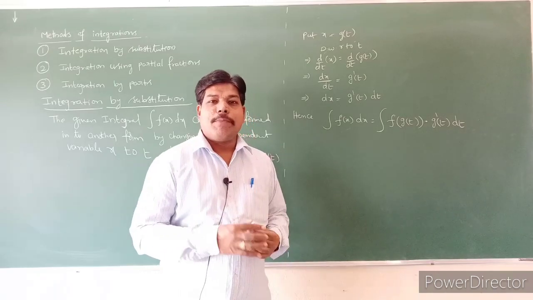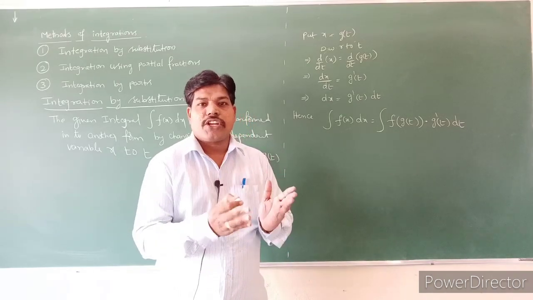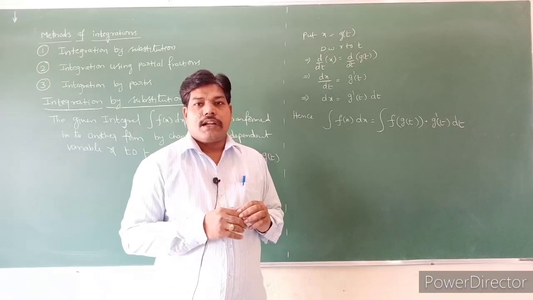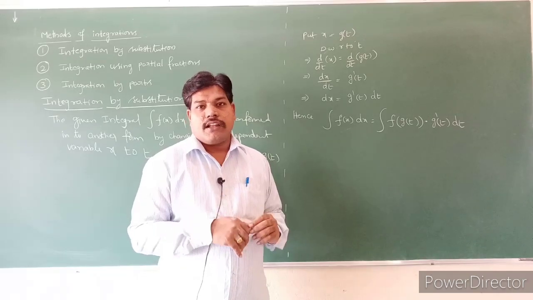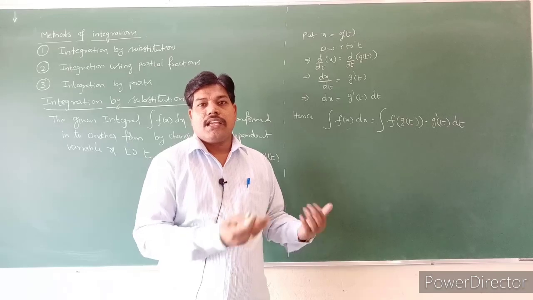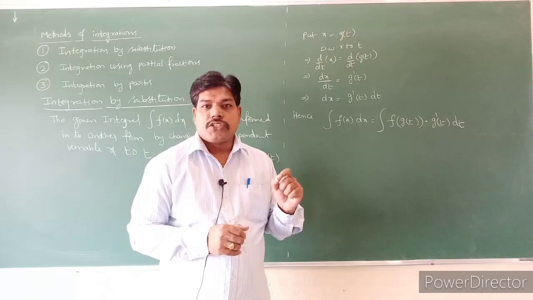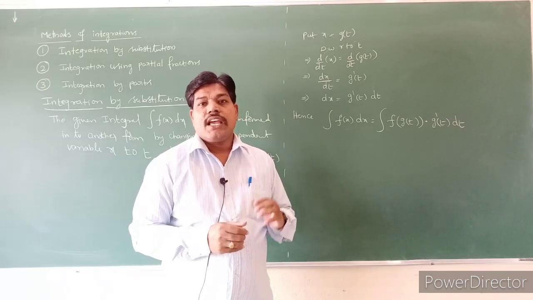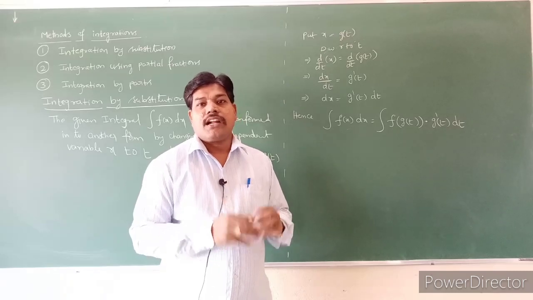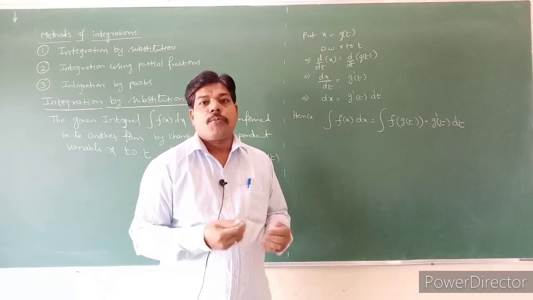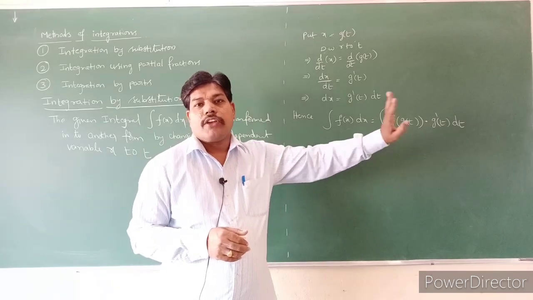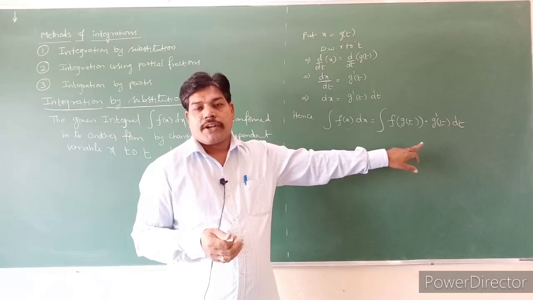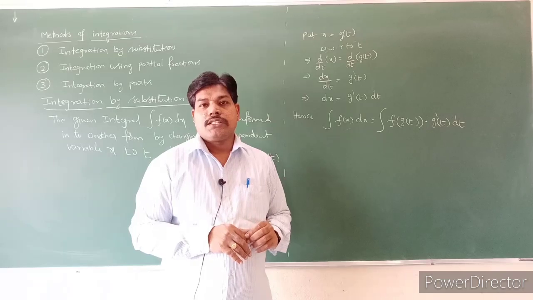In this method, what is the important condition you have to identify? What function you have to take as x is equal to g of t or something? You have to understand that the derivative of that function is involved in the given integration. What function you are taking as t or g of t, its derivative is involved in the given integration. That function you have to substitute. Then automatically you will get this form, and you can integrate by using the given formulas. The problem is converted into that form, and then we will solve the questions.